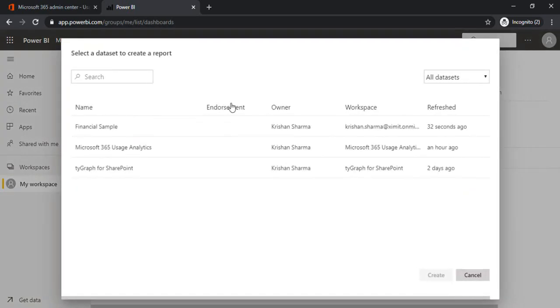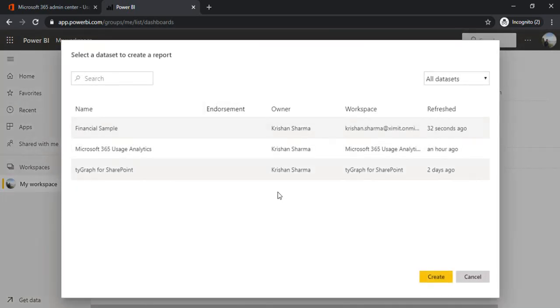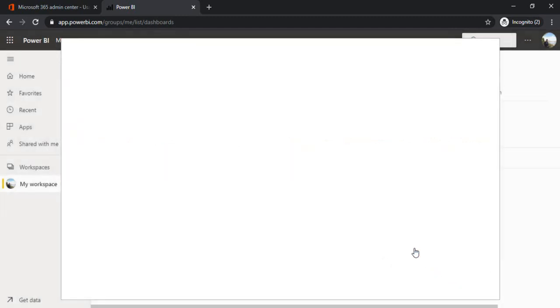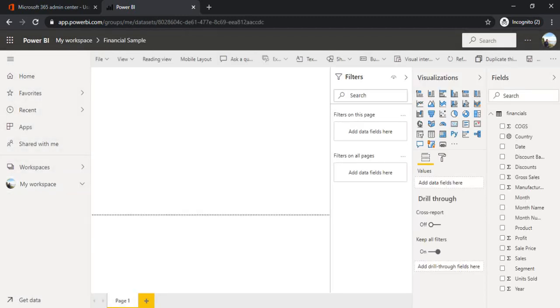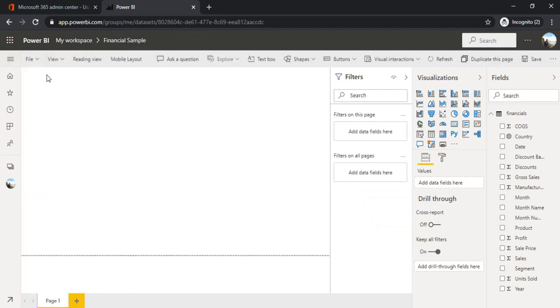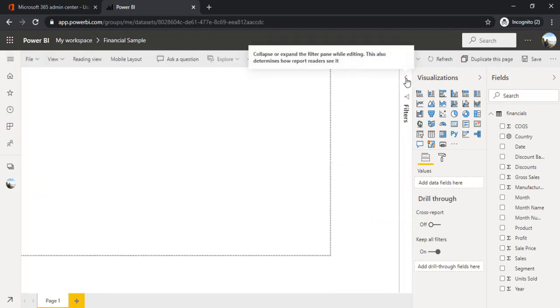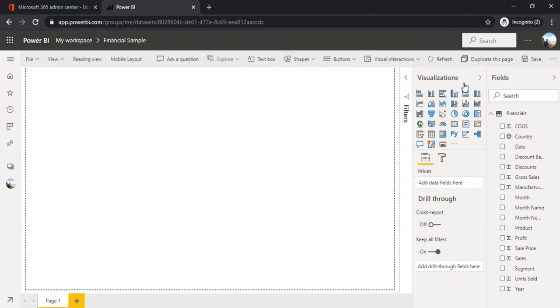So I'm just clicking on report. Okay, now I have my data set. This is my report pane. For the sake of better space, I'm just hiding these controls, these action filters. Now on the right hand side you can see visualization and fields. These are all the fields which are there in my Excel file, and these are visualizations, the kind of controls or charts we can create with these objects.